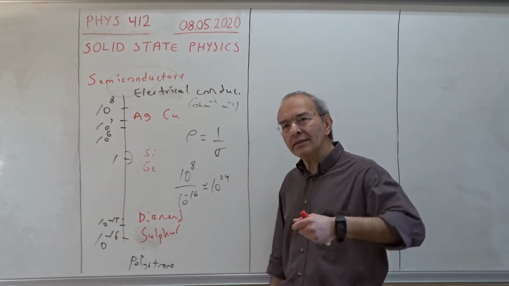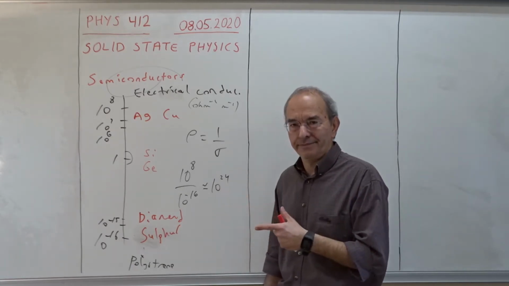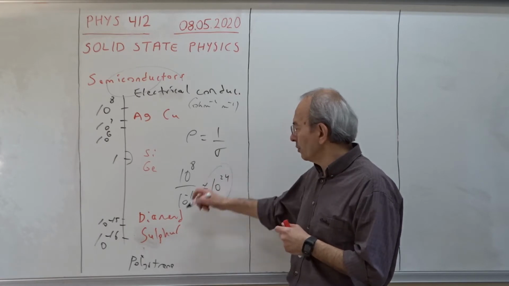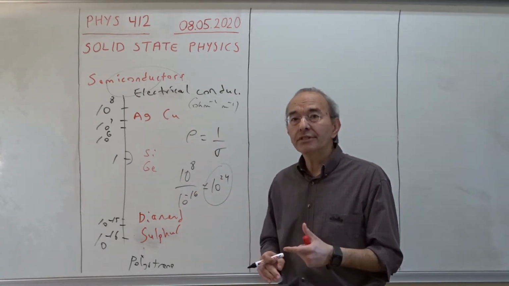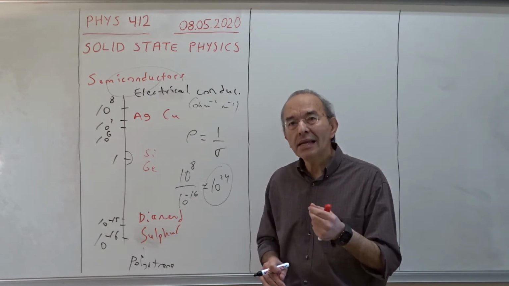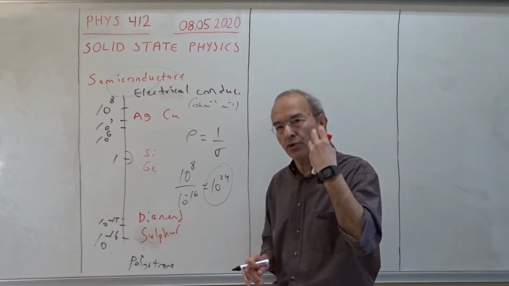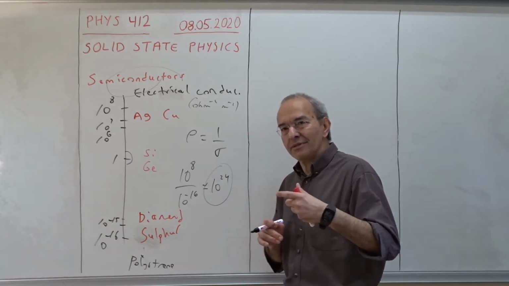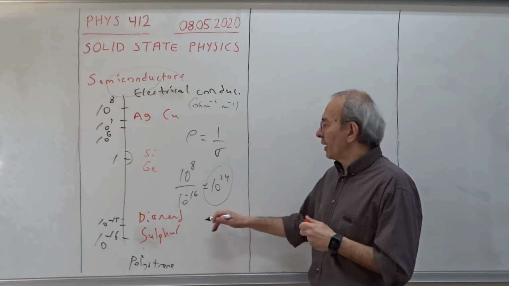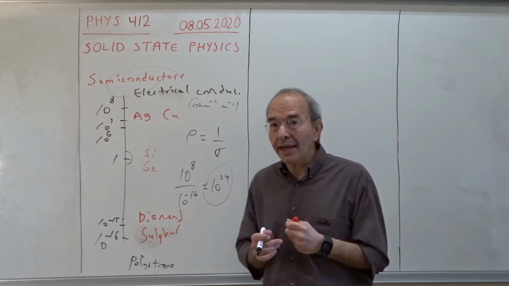Million times, million times. So this ratio between the electrical conductivities of these two types of elements is a million times a million to the 4, or 10 to the 24. Okay, so for example, if you